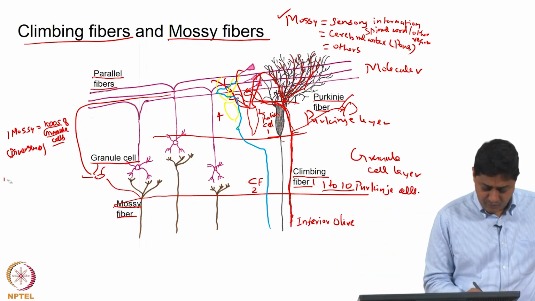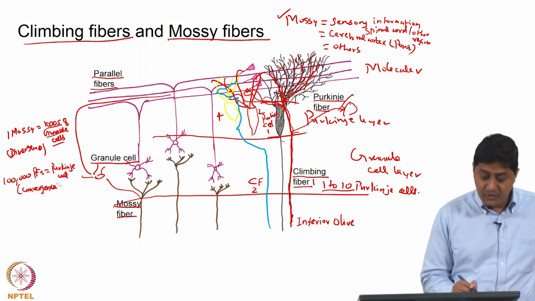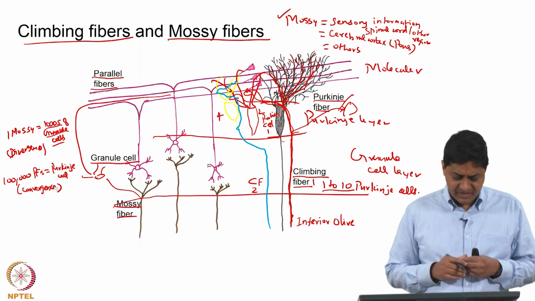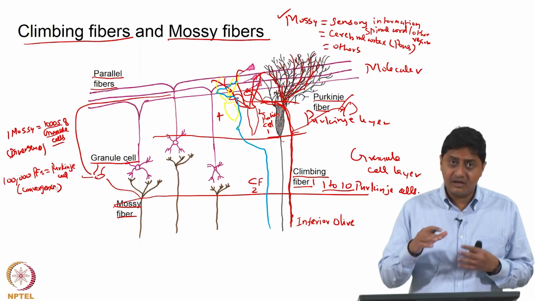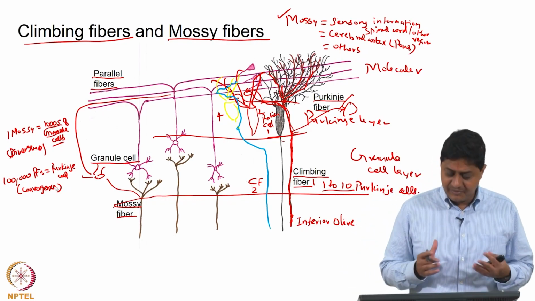So, 100,000 for example parallel fibers innervate a Purkinje cell. So, what is this? This is convergence, is it not? So, you have this great divergence and convergence of inputs from the mossy system, whereas in the climbing fiber system you